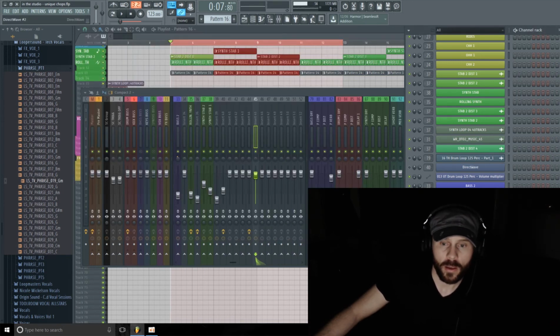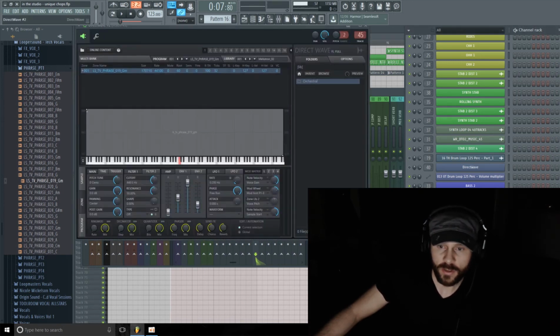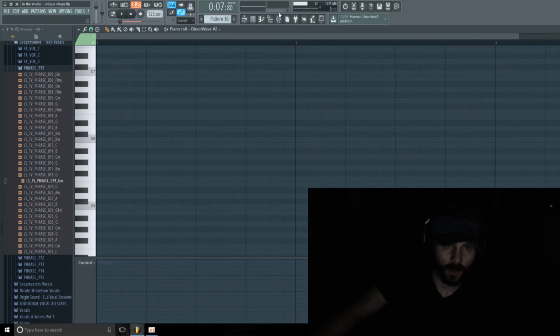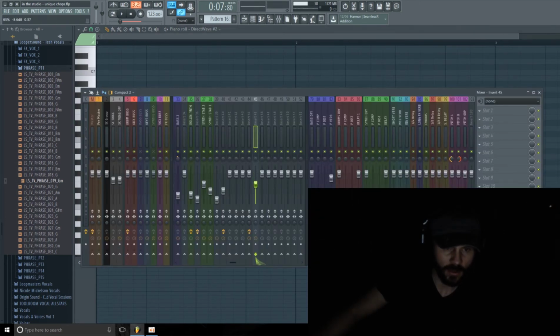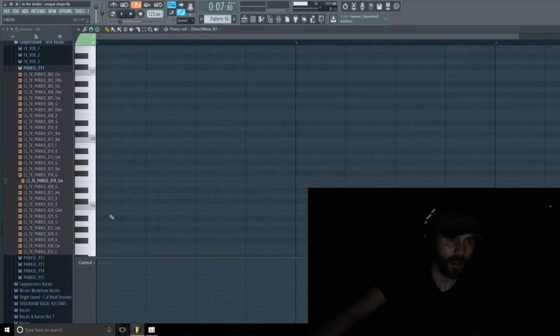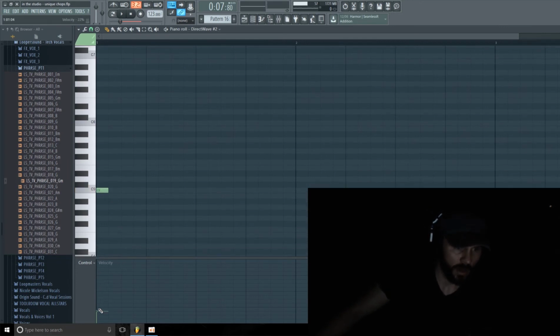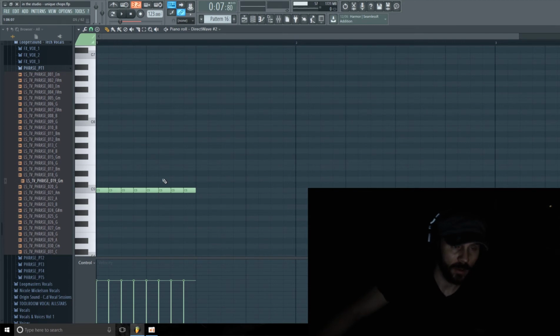Now, when I go into DirectWave, I'll send this to the piano roll, and I might just turn this down a little bit. What we can do is use the velocity to control the start position of that vocal phrase and create some really interesting chops this way. So I'm just going to lay down a few notes here, and